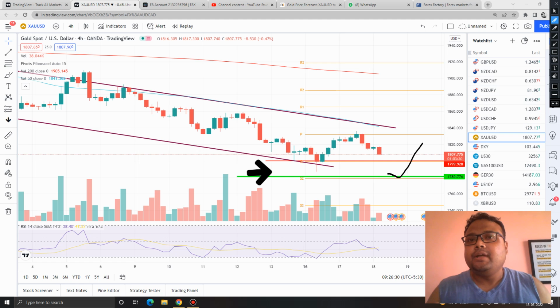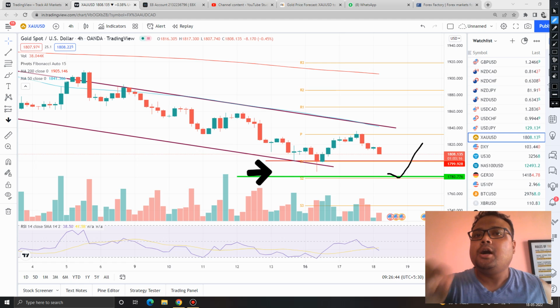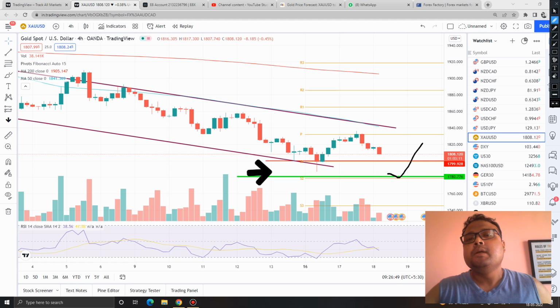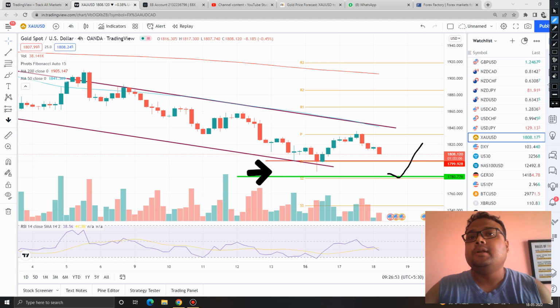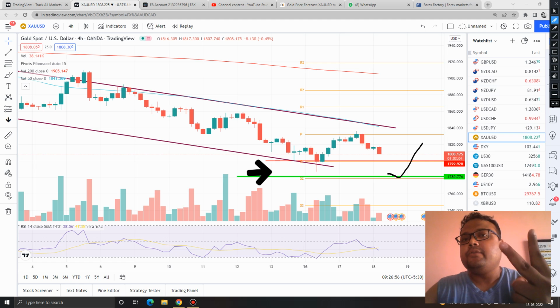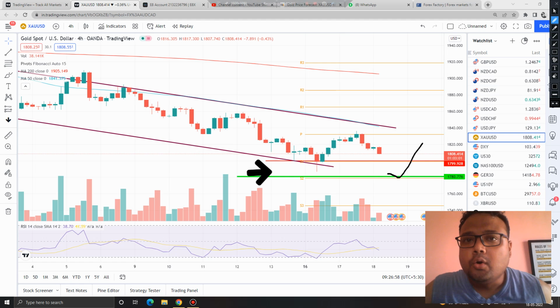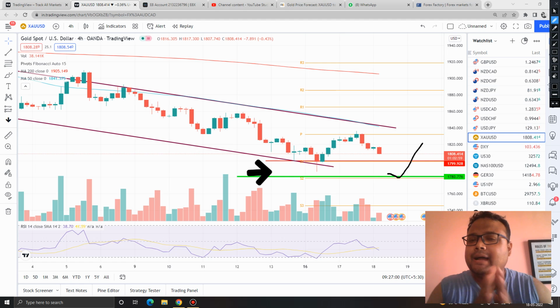But my dear friends, keep in mind, the market is volatile and things are risky. As a result, please follow proper risk management. After all, it is our responsibility to protect our hard-earned money. So please do not be a gambler, be a trader, and only take positions with proper risk management. After all, no analysis is perfect. My analysis can be wrong as well. So for one bad trade or two bad trades, you should not be wiping out your whole capital. So my request is, trade only with proper risk management.